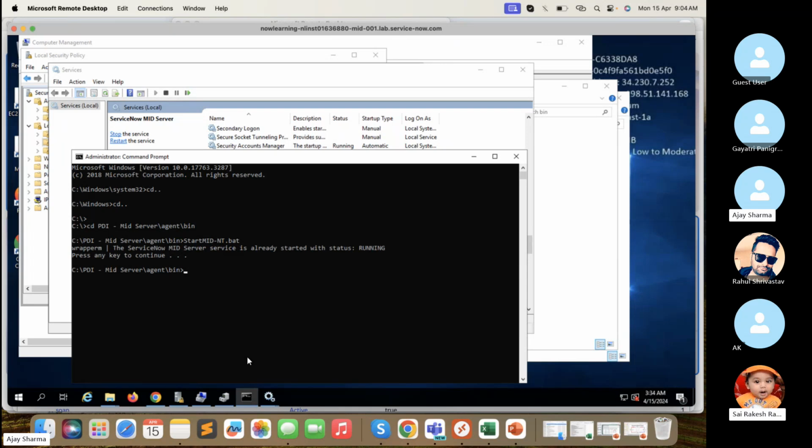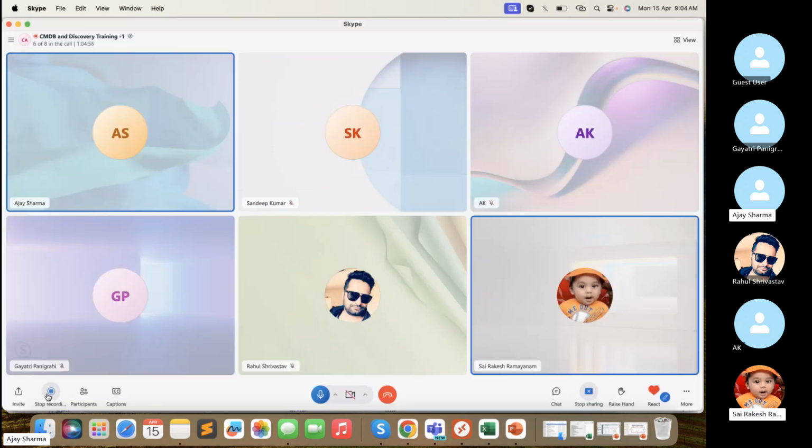Either you have a personal instance, and if you create your own account through the Azure portal you get 1 GB, where you may not be able to install the MID server. The second option is to have a ServiceNow account, a Now Learning account, where you can go ahead and have your